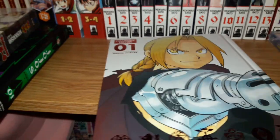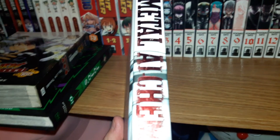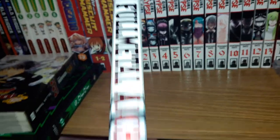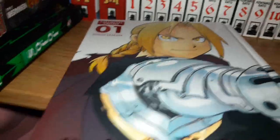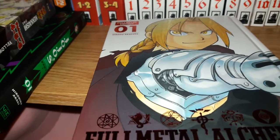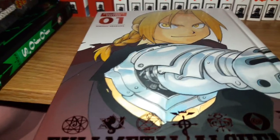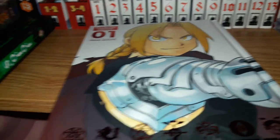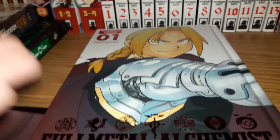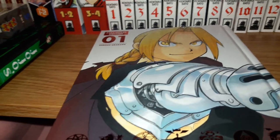But yeah, aside from the ink being able to fade due to sweat or whatever, that's just one thing you'd have to watch out for. But for anybody that doesn't know anything about Fullmetal Alchemist, I went over whether or not you should pick up this volume. But for anybody that doesn't know anything about the series, or has been living under a rock for the last 14 years,